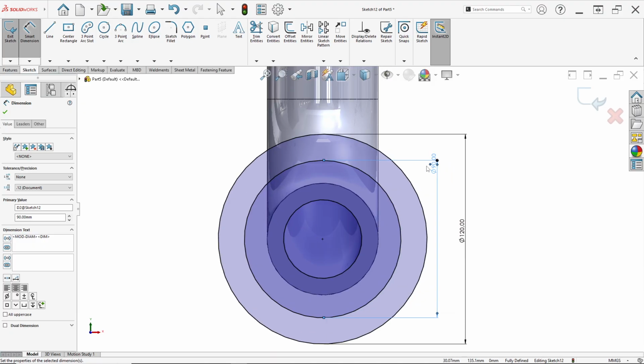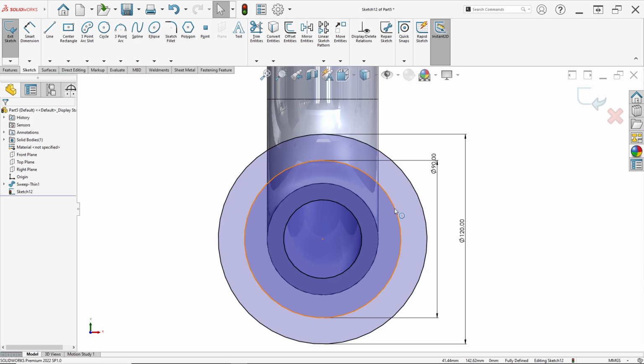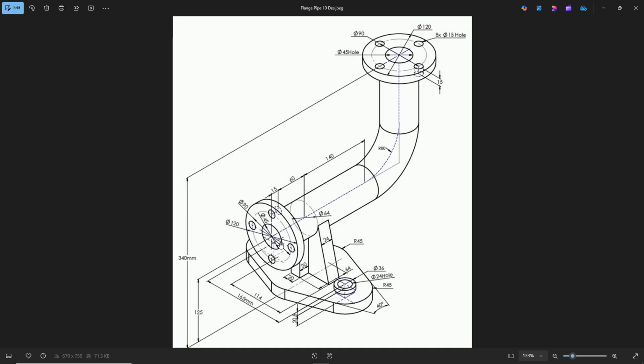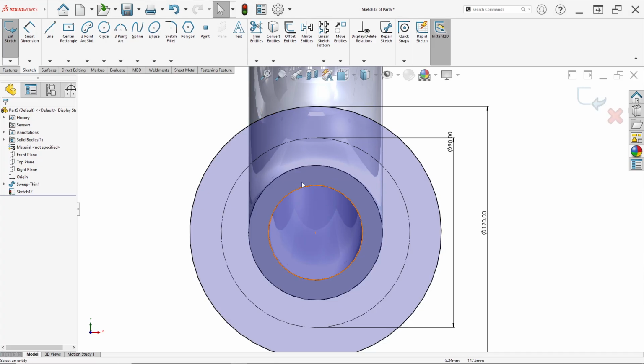Then for diameter 90, right click and click construction geometry. Here we have a hole, with a diameter of 15 millimeter.